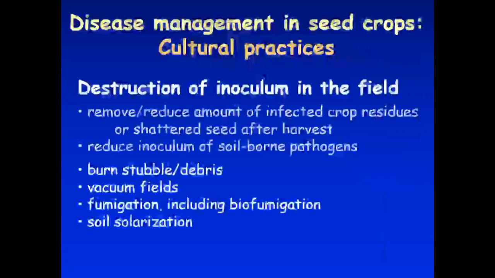Fumigation, including biofumigation. For organic production, it's not uncommon for growers to use things like mustard green manure crops that provide a biofumigant effect. When that mustard manure crop gets broken up and incorporated into the soil, it releases a natural biofumigant and kills off inoculum and weed seed and sometimes some insect pests and so on. Soil solarization. Unfortunately, typically our climate up here in the Pacific Northwest is usually not warm enough. But in warmer states like Arizona or places like Israel, solarization can be quite effective against certain soil-borne pathogens. There's a limit to how much that heat will penetrate into the depth of the soil profile, and you have to have a lot of heat to really get any depth to that effect.